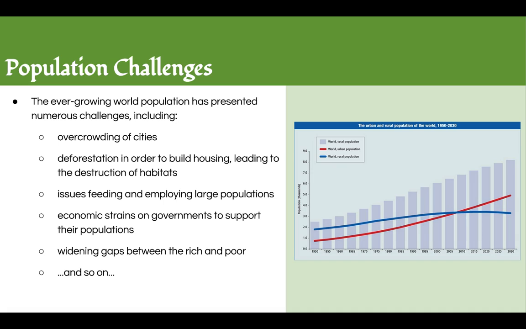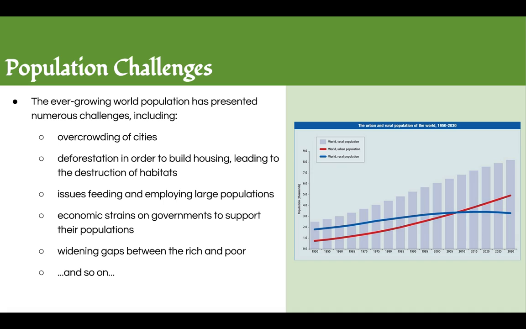Of course, population growth leads to challenges, and the first one being the overcrowding of cities. And here's the graph I was mentioning. This shows the growth in the percentage of the population of people who live in urban areas, or cities, in the red, and the population of people who live in rural areas, or the countryside, in blue, and the total world population. And you see that basically in the past 10 years or so, the urban population now has outgrown rural population, and that gap will continue to widen, we expect.